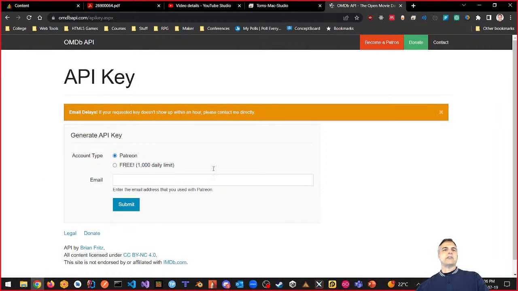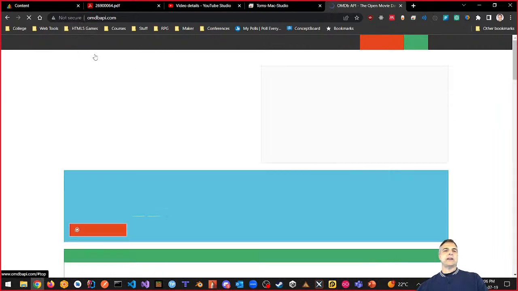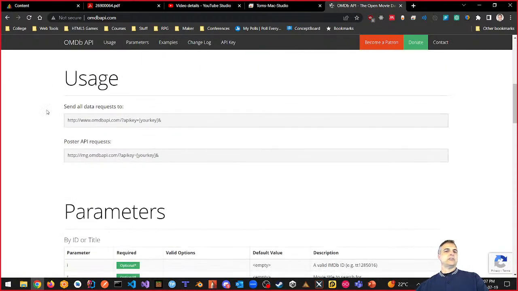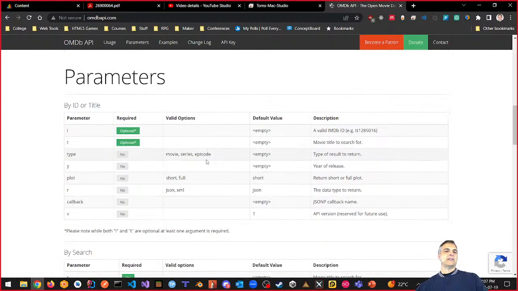The details for the API, how to use it, are really just on this website right here. So if you scroll down, it tells you usage. Here's the URI, where the API key is the second thing you put in there, and after the ampersand is where you put in all your commands, and here are all the parameters that you can put in and search for. I recommend trying to do this with something like Postman. Go with Postman, put a couple of things in there. We've talked about this before. Play around with it and see what kind of search results you're going to get.